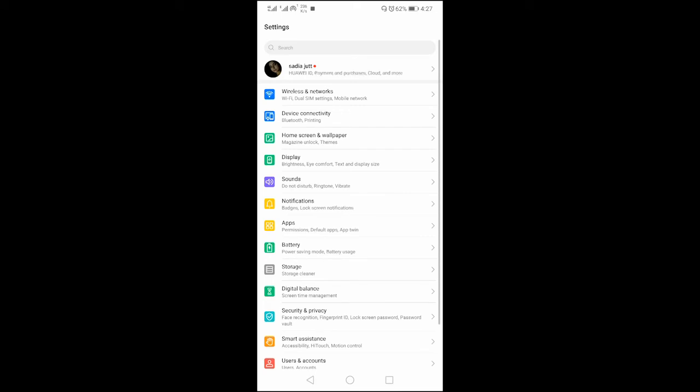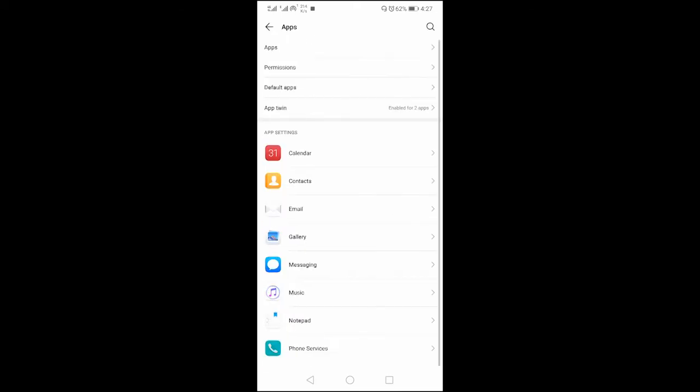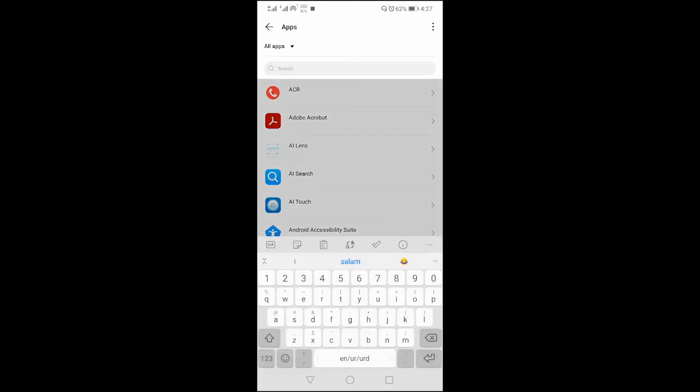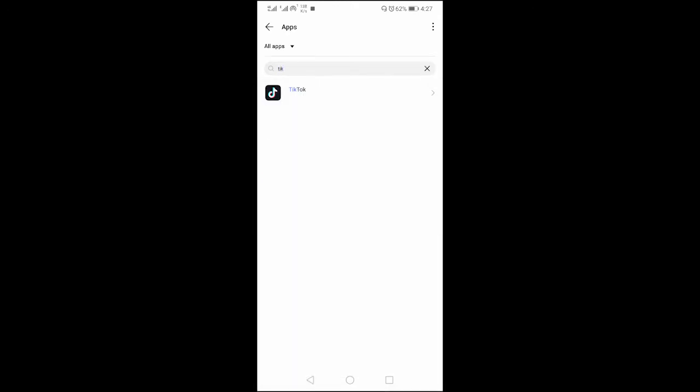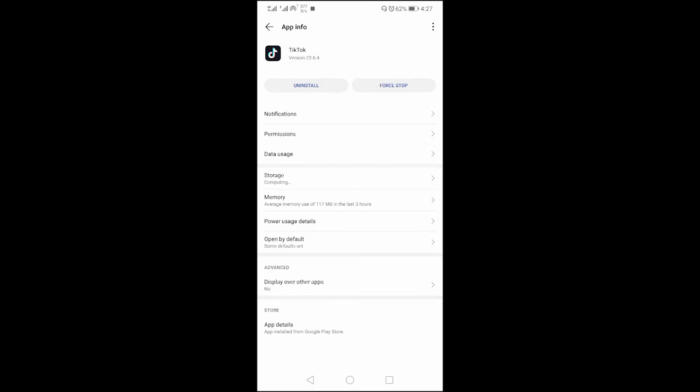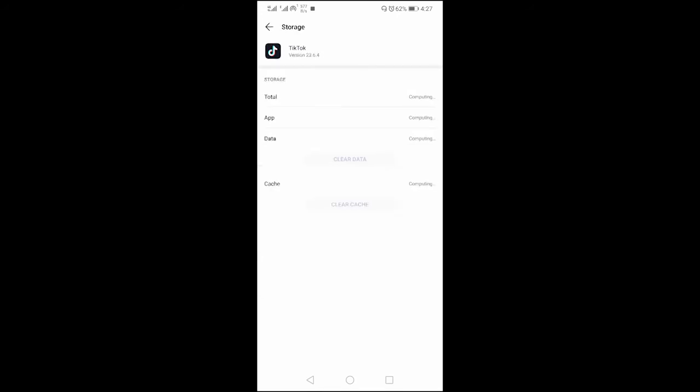You will see a list of options. Tap on apps, search for TikTok, tap on storage, clear data,